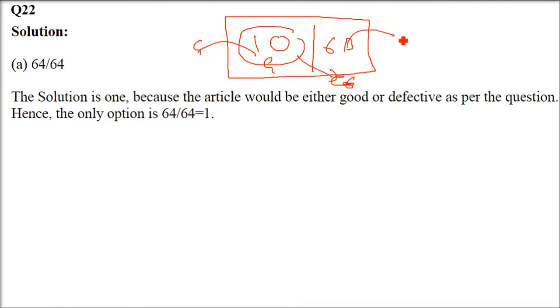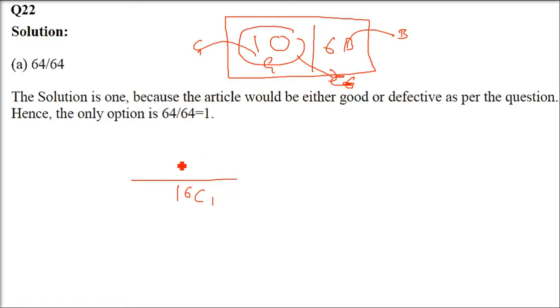So they are asking about good, also the defective. So both of them. There are only good and defective items, and they are asking about it can be either good or defective. So it's very clear that the probability is one only. Okay. This is always a true case. Always it is going to come. Yes. We'll get either a defective item or a normal item.